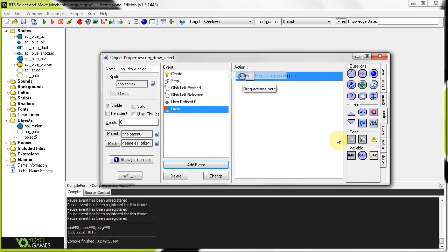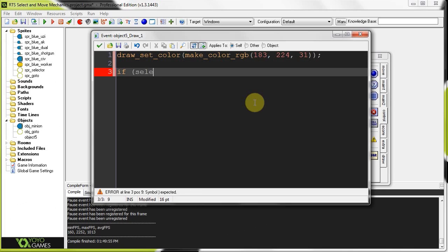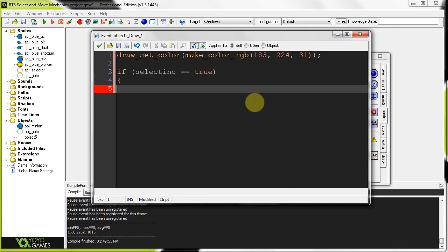Draw over there. Add some code. And here we're going to draw set color. And here we say make color green, RGB green blue, and I'm going to go for X games lime, which is 183, 224, 31. And here we say if selecting equals true. So if we're drawing that rectangle, then we need to draw a rectangle, because if we didn't have